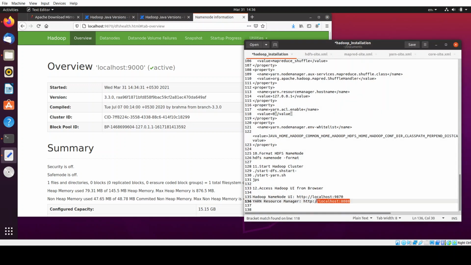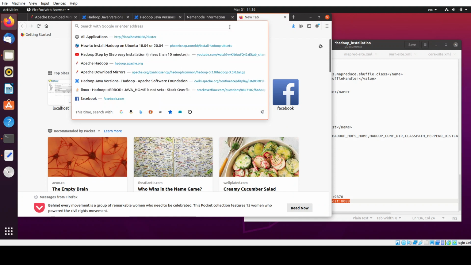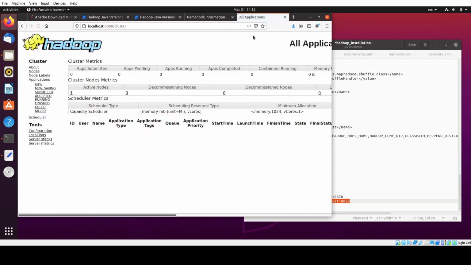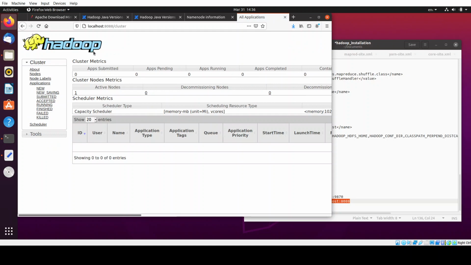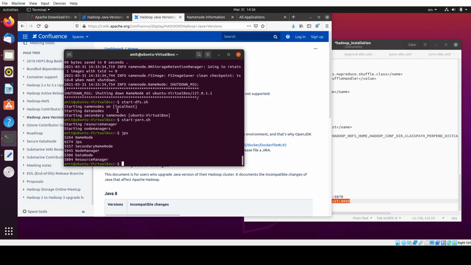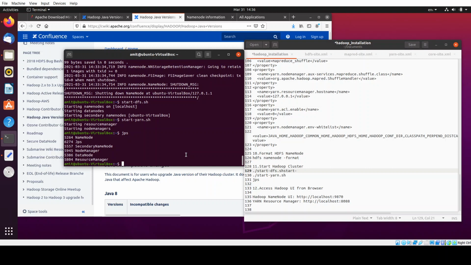The other is Yarn Node Manager. You can also access this, and it will give you the information about whatever jobs are running on the Hadoop cluster. So that's it, your Hadoop is installed successfully. Now you can go on and perform whatever Hadoop jobs you want.